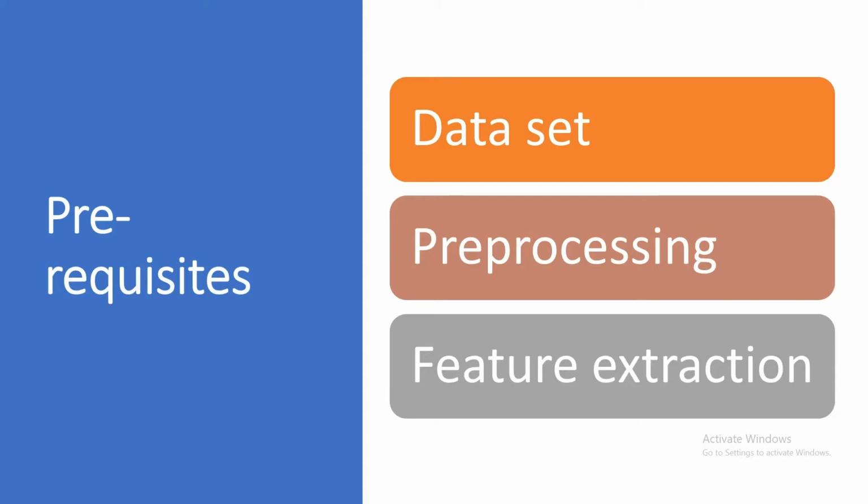in this video. So first you need to have a data set, and then I assume that you have already done the pre-processing and also you have extracted some features out of your data set, because to select the best features out of the available features, you need to have some features that you have identified from your data